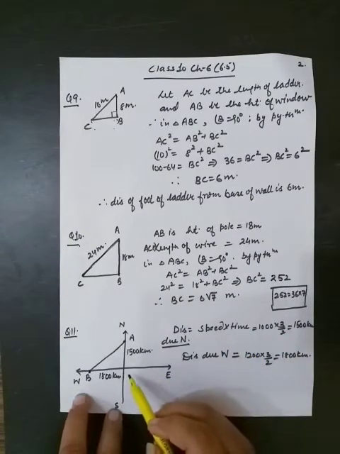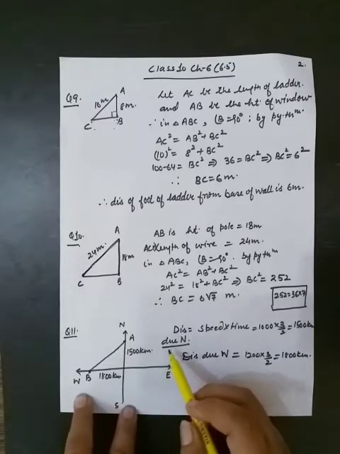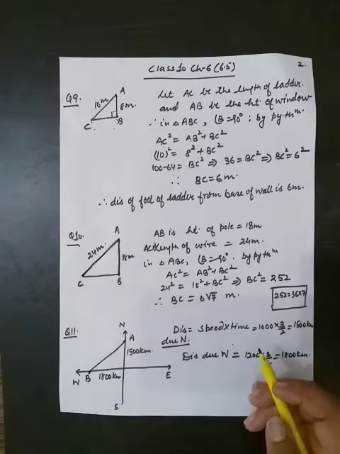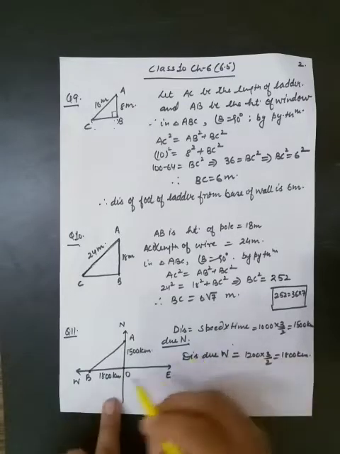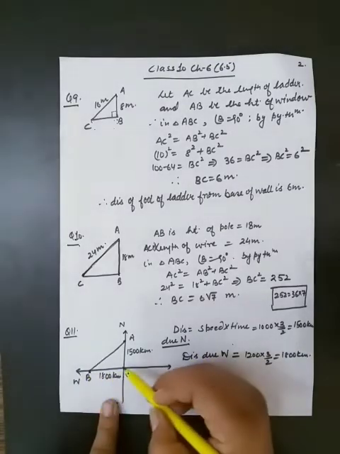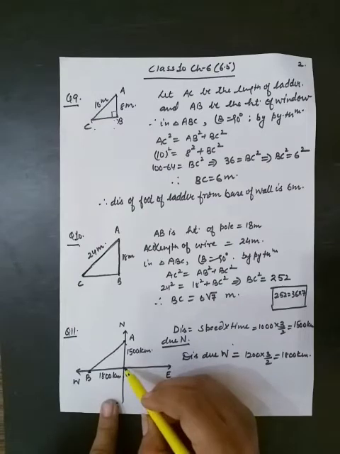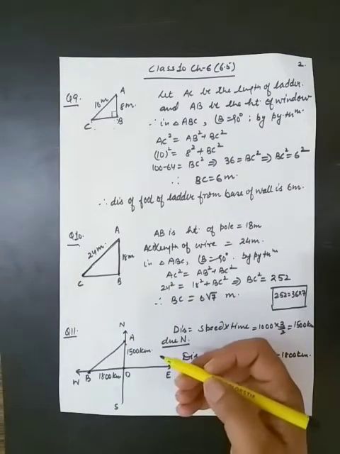In question number 11, an aeroplane leaves an airport and flies due north at a speed of 1000 kilometer per hour. Meaning the speed of the plane is 1000 kilometer per hour. At the same time another plane leaves the same airport, another aeroplane that is leaving the same airport at the same time, but that plane is flying due west. One went to the north side, the other went to the west side. And how far apart will be the two planes, and speed of second is 1200 kilometer per hour. So their speeds are different.